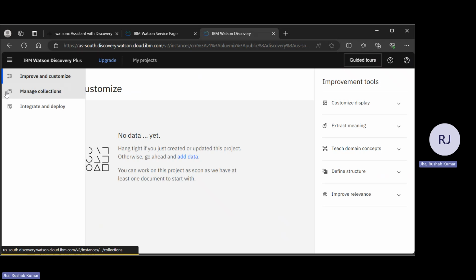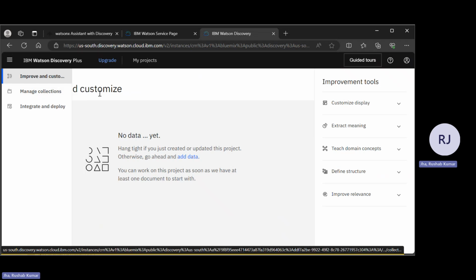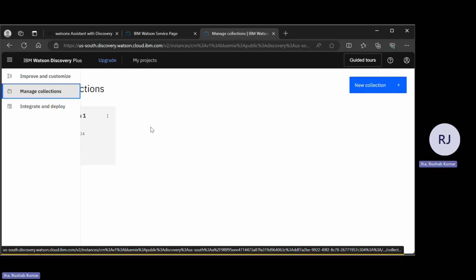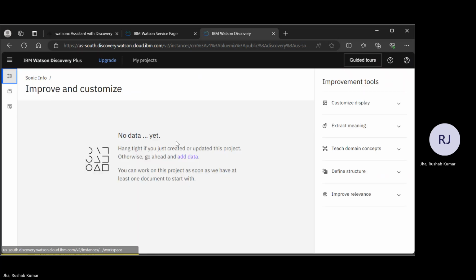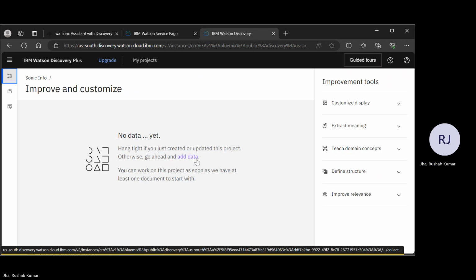It might take some time to upload this data. So let me see if it is happening or not. Let us wait for some seconds. I think the data will be updated soon.